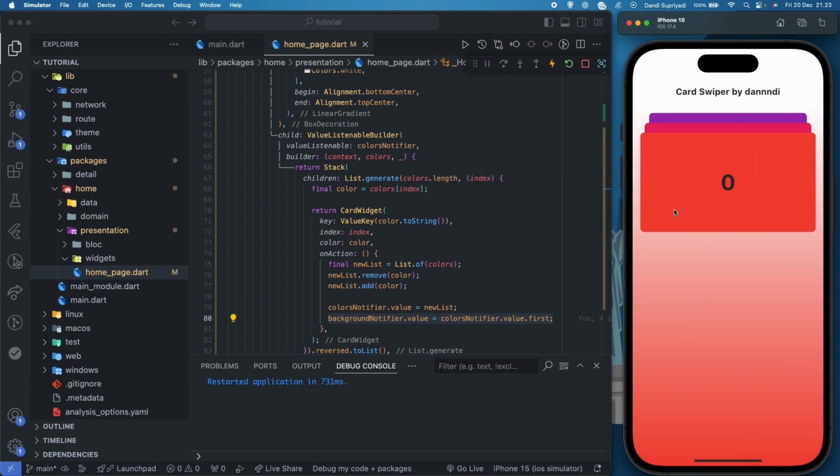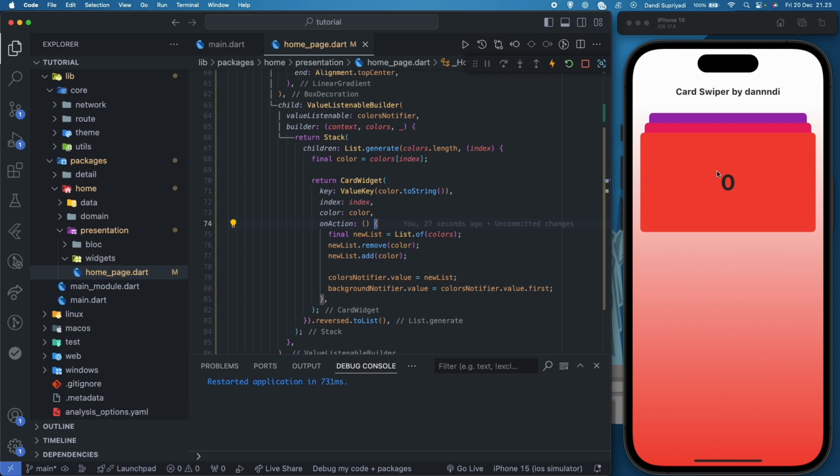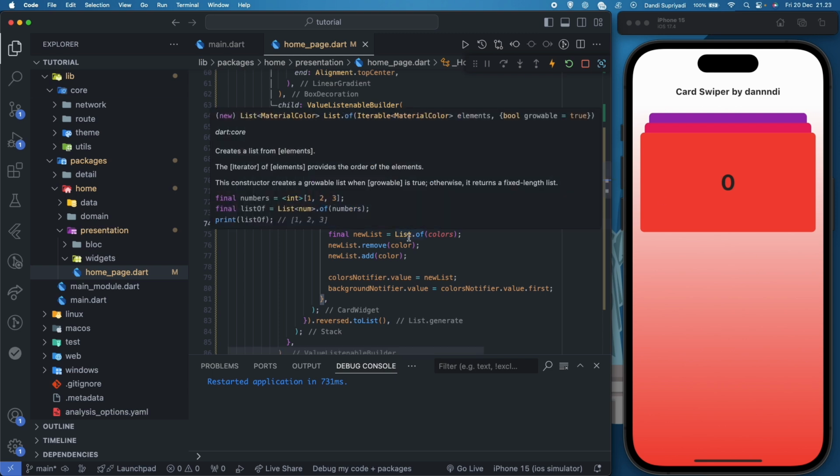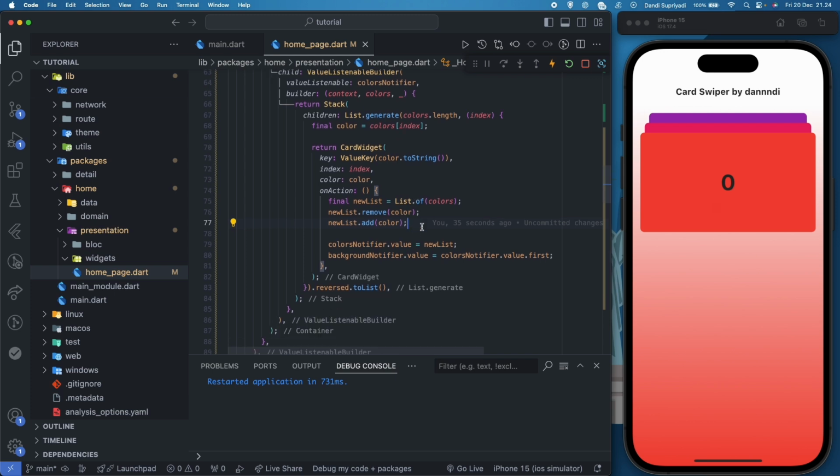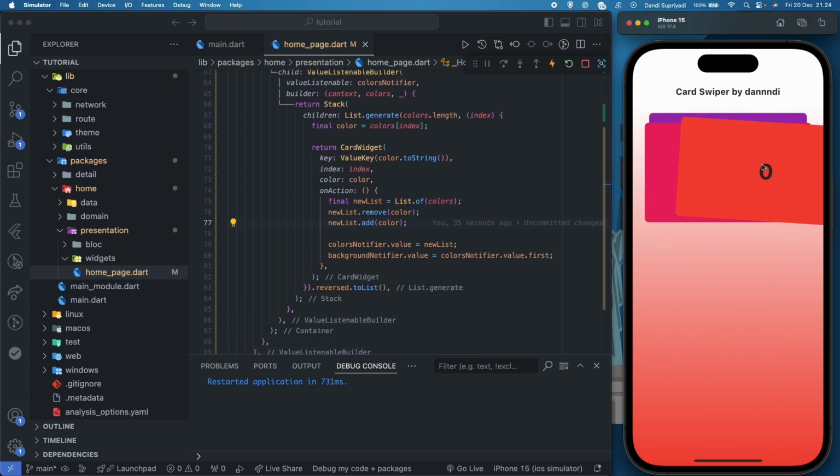You can use this animation or this behavior in any scenario you want. You just need to be creative. You can use this behavior to change, for example, from light mode to dark mode. Yeah, that is possible. Or you can use it for selecting a credit card, maybe, or a digital wallet. You can use these animations in a lot of places.